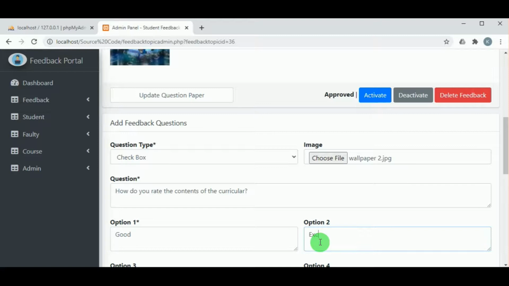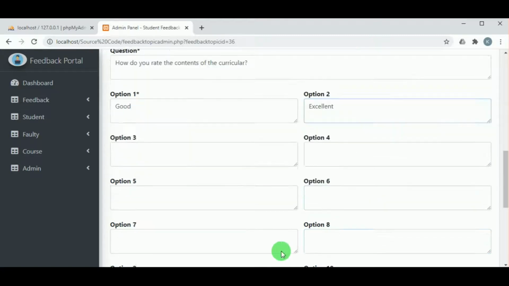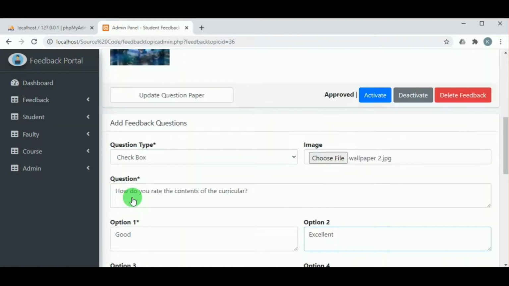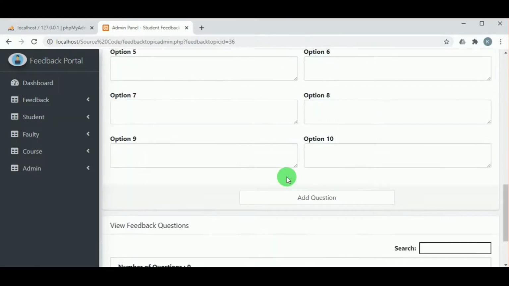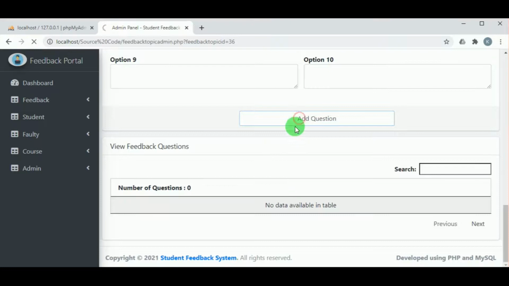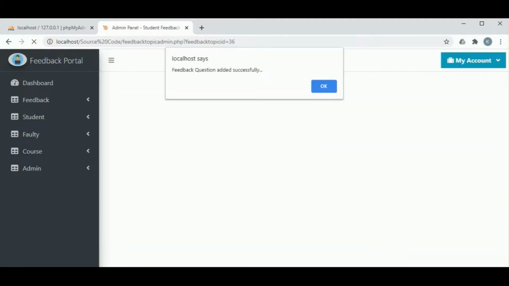So let us give only 3 options here. So let's click on add question, and the first question is added.